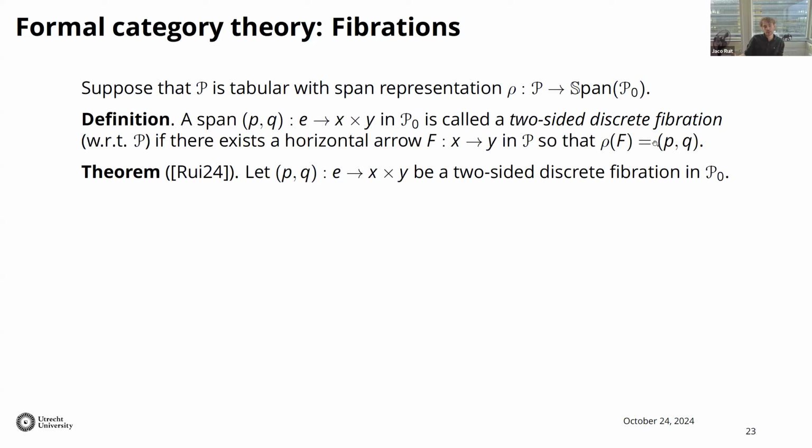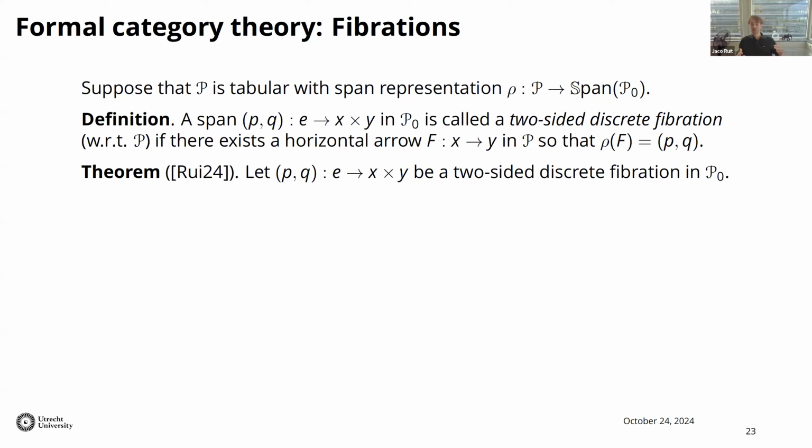So really what this definition says is that the two-sided discrete fibrations are precisely the horizontal arrows that are in the image of rho. Maybe this is a very unorthodox definition of two-sided discrete fibrations, and maybe you've seen a definition of two-sided discrete fibrations internal to a two-category via some representable